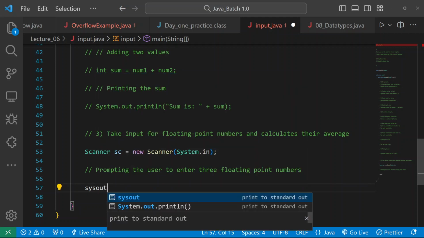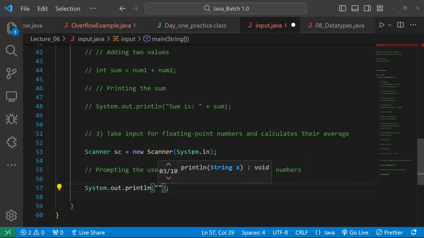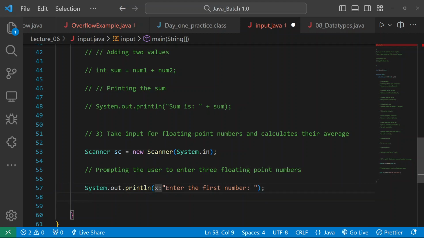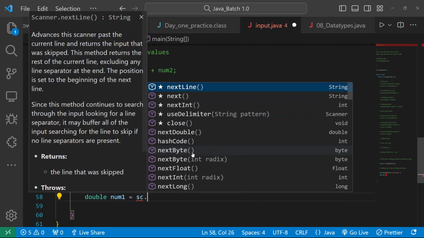So System.out.println. In this I will write first, enter the first number. So the user will be entering the first number. See how I will be taking the input. Let me write double num1 equal to sc dot